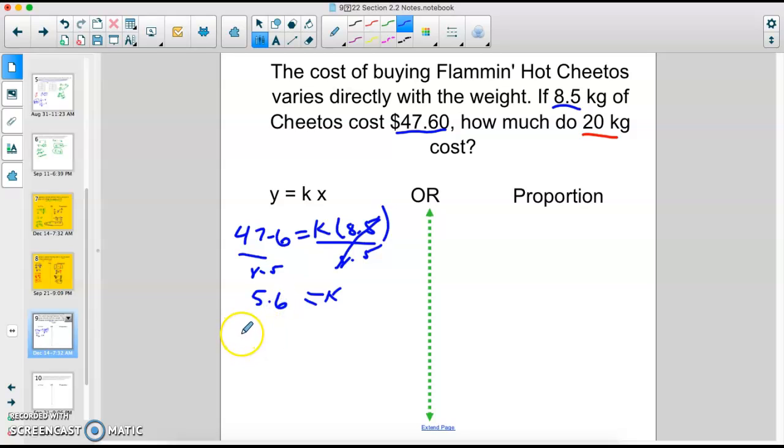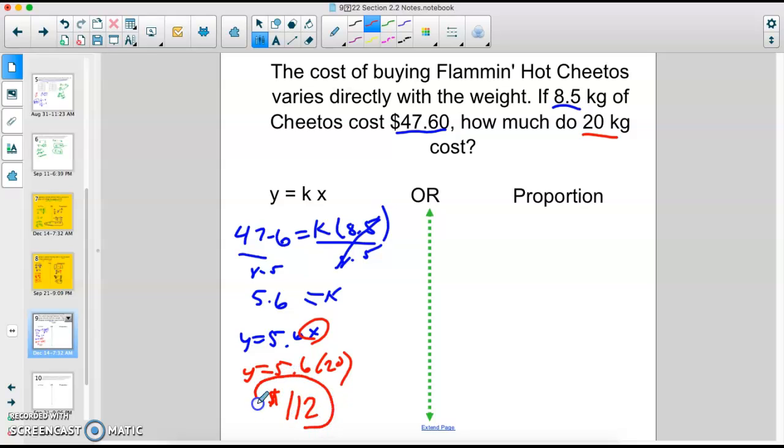So then we plug it in. Y equals 5.6x. Okay. Now for our second problem, how much does 20 kilograms cost? So we have 20 that we can plug in here. So y equals 5.6 times 20 kilograms. It's like 40 some pounds. And when we do the math on that one, we get $112. So if you ever have $112 to blow on Flamin' Hot Cheetos,